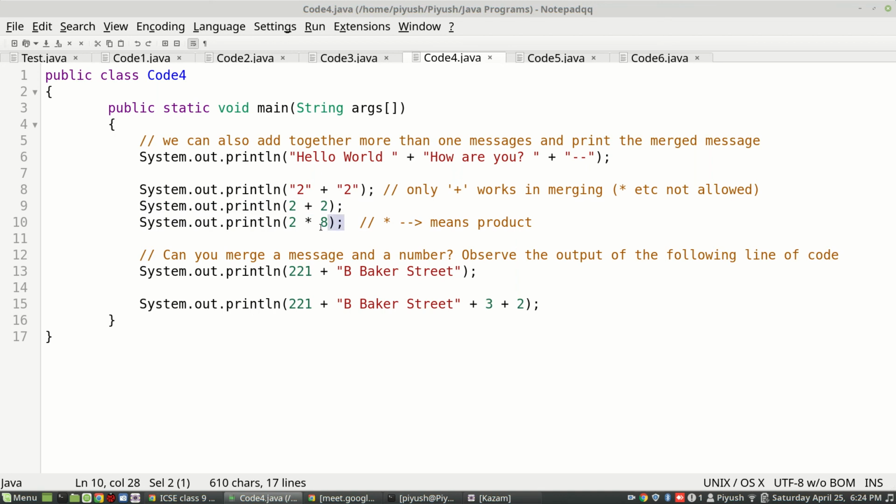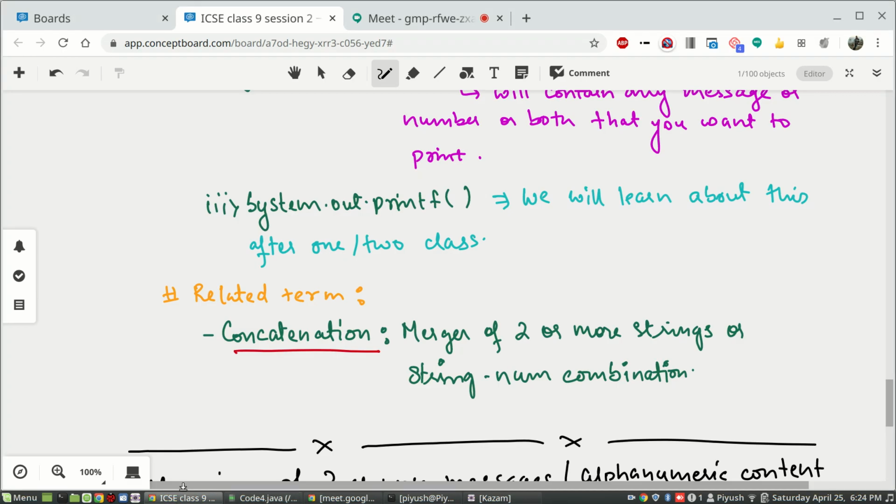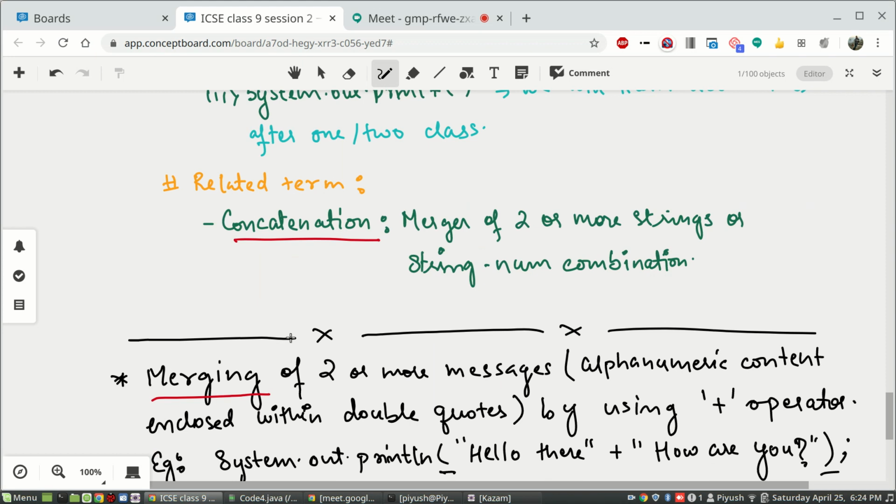In order to be concatenation, one of the things being added should be a message. So from now onwards we won't call it merging, we will call it concatenation. Is whatever we studied so far clear?